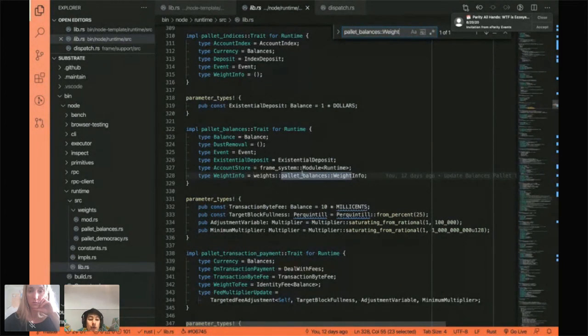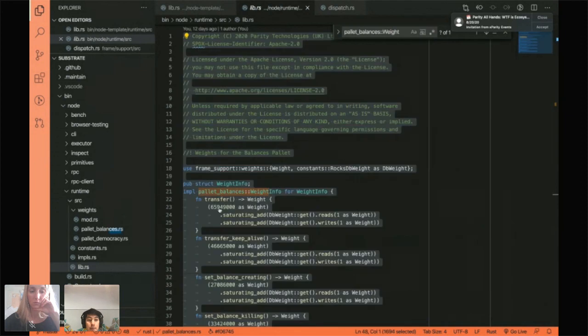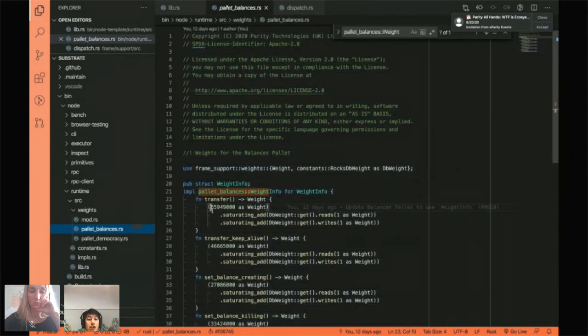So if I wanted, for whatever reason, to make transfers really expensive on my blockchain, increase the weight a lot because I found some issue with my chain, I could go update my specific file and add some more zeros here, right? Ideally, you're not doing this by hand, but all of this would be generated for you. So you run the benchmarking utility on your runtime, and it will generate a file unique to your setup and unique to your needs, and it will pass it. And so all of the different palettes will have their own inputs.